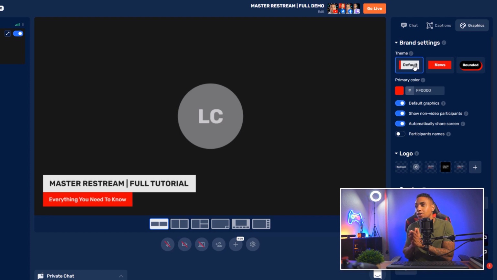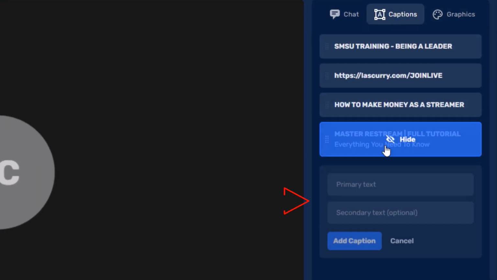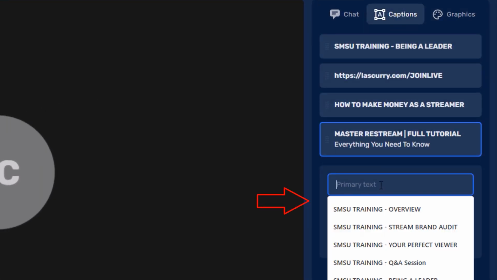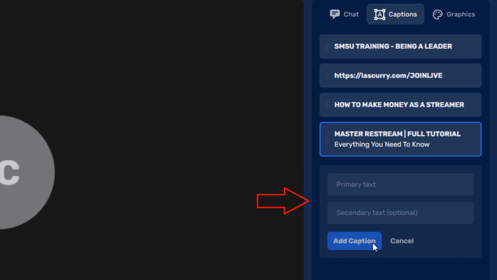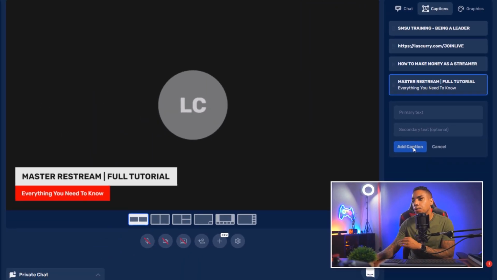It looks clean, it looks nice, but that gives you the option to be able to customize the lower third for you. Now here on graphics, to be able to add one, you simply go ahead and type in your primary text, you type in the secondary text, and then you go ahead and hit add caption, and this is